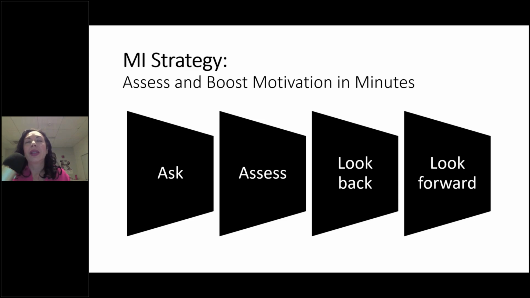But a lot of different variations of like what would it take to increase that score. Absolutely. Great. Fantastic. And you know, there are different variations of this, but the most clear one when we say looking forward is to literally look up the scale. But I sometimes ask students, if they're at a 5, I might ask them, well, what keeps it from being a 7? And so there are many ways to ask that same question. And so thank you for that.